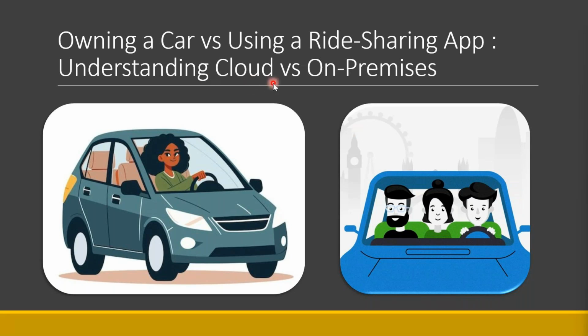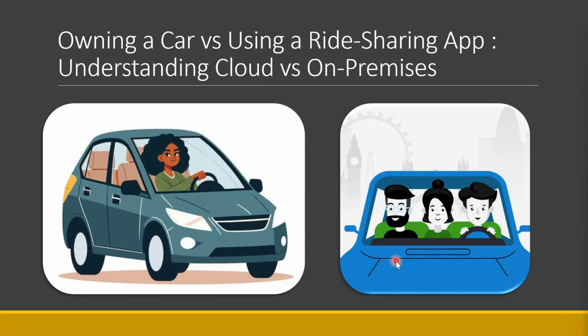But when compared to the ride sharing application scenario, let's convert the ride sharing application into a cloud computing system. So this cloud versus on premise, we discussed on premises with a person who is owning his own car. Cloud computing will refer to the ride sharing application scenario. So in cloud computing, you get the car when you need it. Not every time you will be having the car at your home. When you are looking for a particular car for your ride, you will open the application and you will make a booking. That's how it works, right?